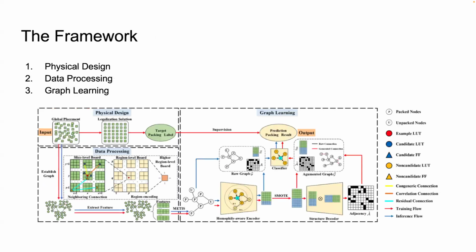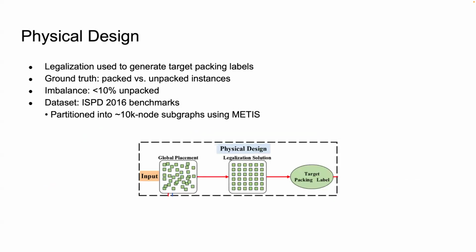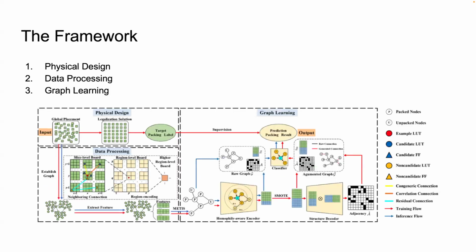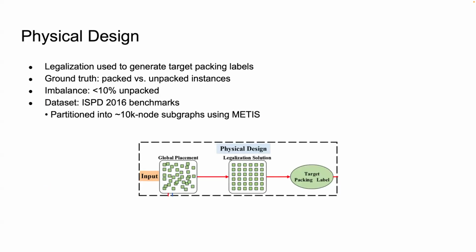And this is the overall framework. This picture actually itself explains nearly every part of the paper, and it's a highly complicated one. I will go through the physical design, data processing, and graph learning in each. Yeah. And in physical design, they are given a global placement, get the legalized solution, and get the target packing label for each instance. But here, the target packing label is being packed or unpacked, given their global placement location,